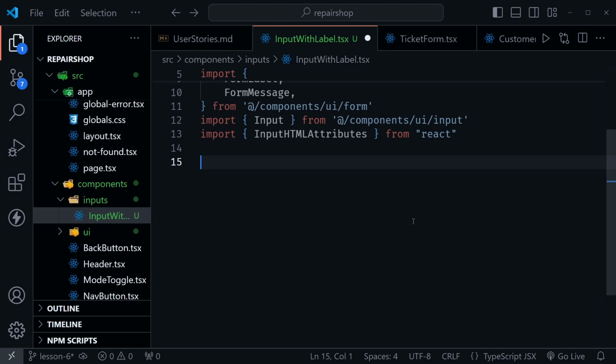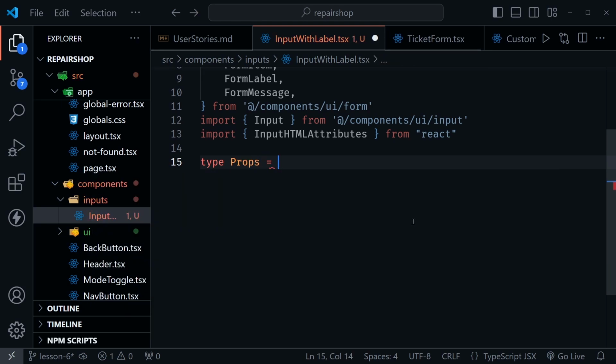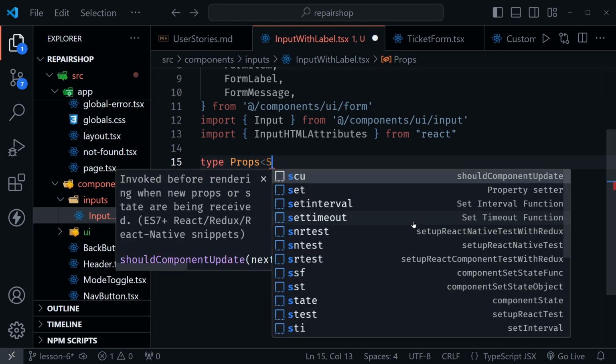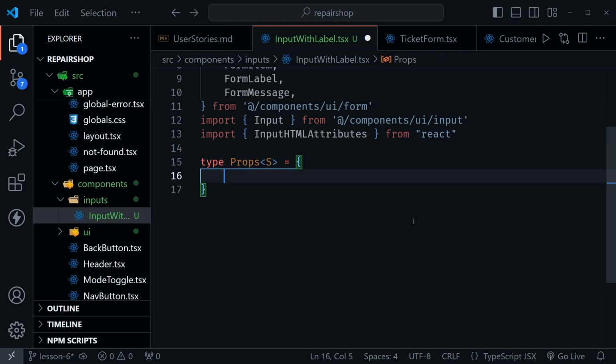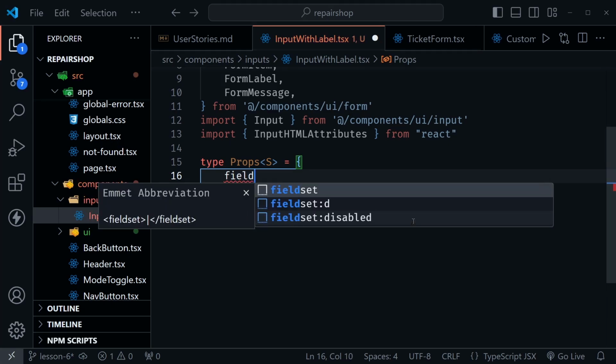Now let's go ahead and type out the props that we're going to pass in. So I'm going to say type Props equals, and some people prefer to use an interface. I like using props, is what I usually use. And I'm going to use a TypeScript generic here also, and this is going to help our type safety. So I'm going to say S here. Sometimes you see T as well, so you could use that if you want to. I'll say S. And by the way, S is for schema, because that's what I'm going to pass in to make sure that the validation input matches what we have available in our form. So you'll see how that works in a moment, but first let's put in our field title